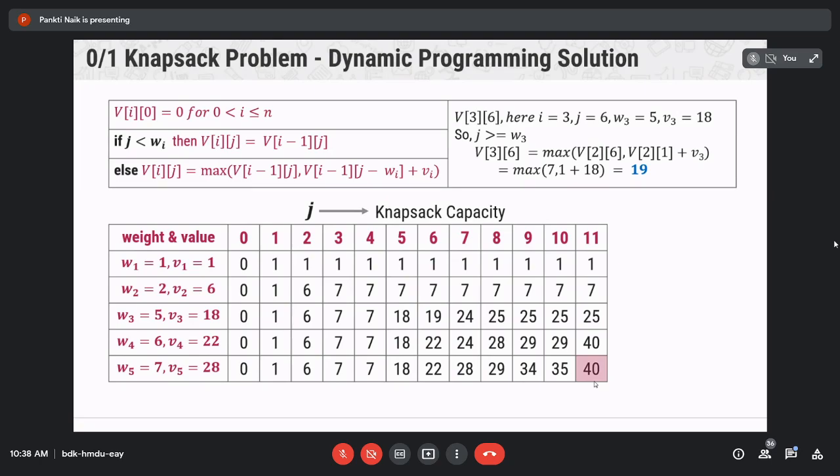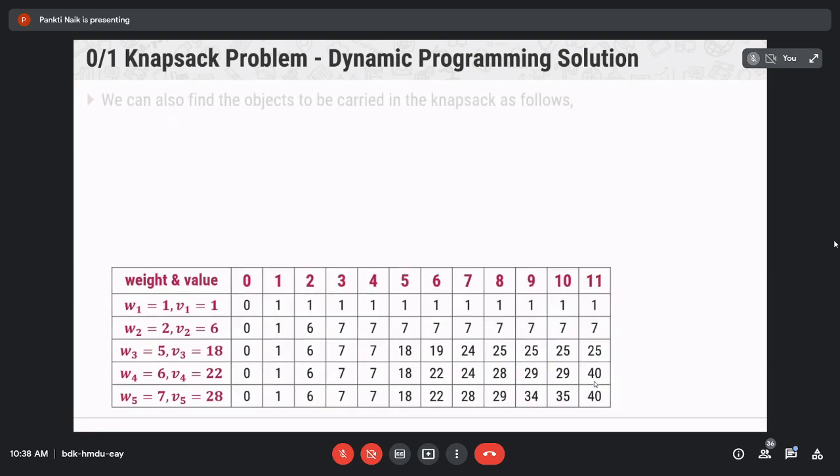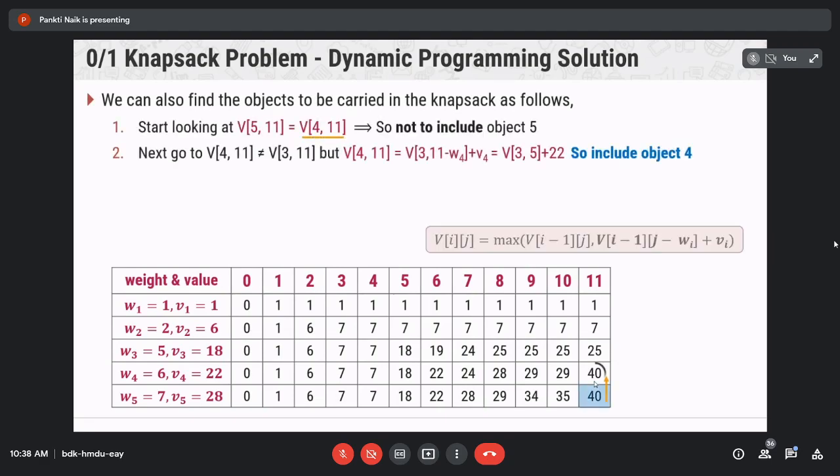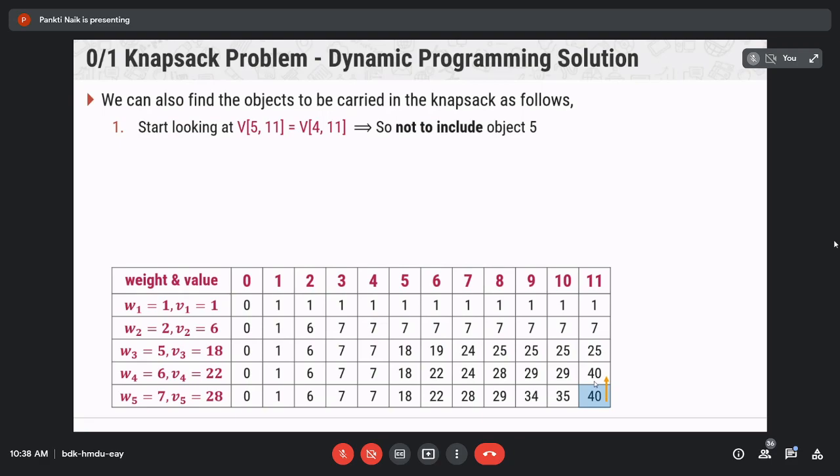Right? To find this we have to follow one more step. So to find the actual knapsack items, we have to follow the steps like this. Right?